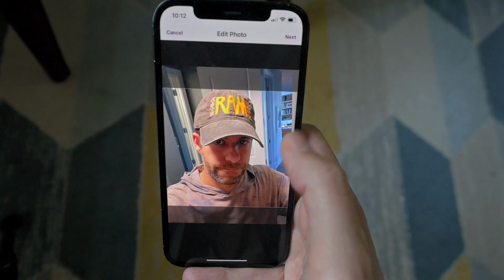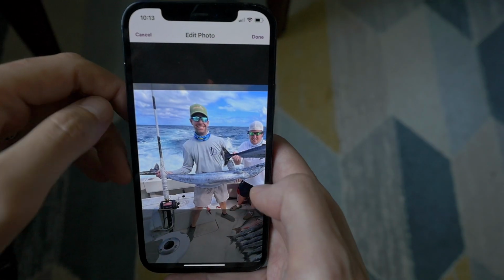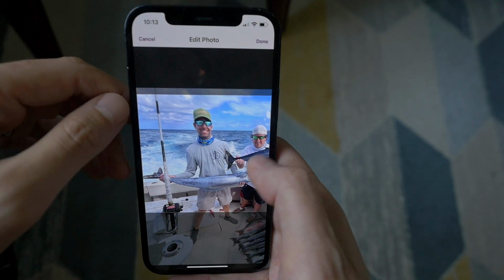So first there's going to be one with kind of a mean mug on my face and a hat, so you can't really see what I'm looking like. Another one is going to be me in sunglasses, where again it's kind of hard to see what I look like. But then there's going to be one where you can see at least sort of what I look like body type wise, but I'll be holding a fish, because that is also a common complaint that women have, is a lot of guys have that fish photo.